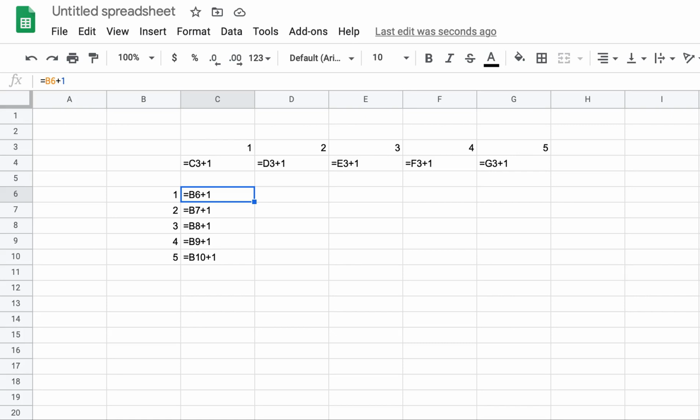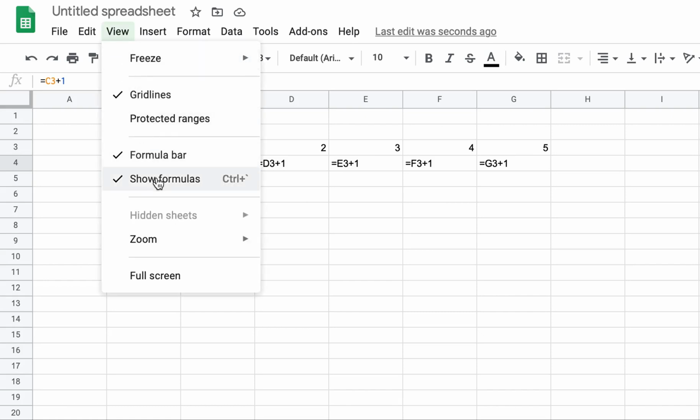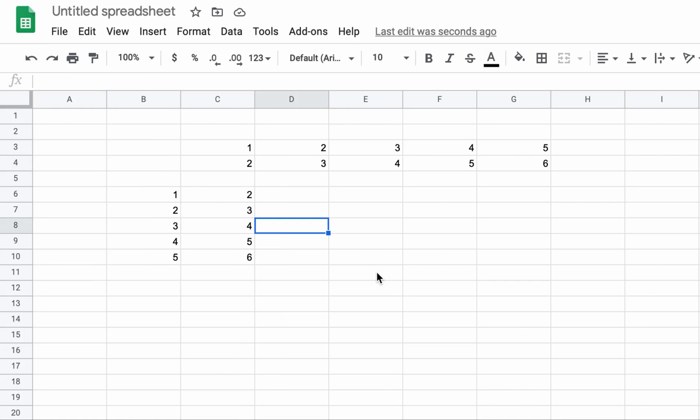Now when I have to make the same thing for C7, C8, C9, C10, when I do copy paste, since I am going down, Excel knows that the column is not changing for the input. So for the output also, it will not change the column, it will only change the row number. Whereas in the example above, the row was the same, so it kept the row as 3 and kept increasing the column: C, D, E, F, G. So let us turn off the formula view, and you can see the magic of Excel. This is the default behavior of Excel.